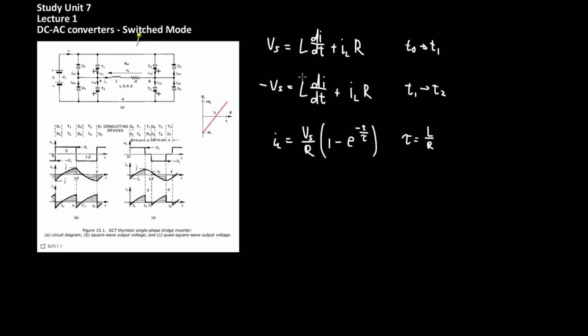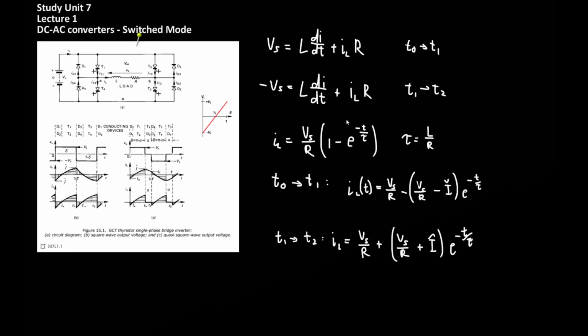Assuming an initial current of 0, this differential equation can be solved for I, and this gives a load current given by Vs over R multiplied by 1 minus e to the minus t over tau, where tau is the time constant of the inductive and resistive load and is equal to L over R. So expanding on this idea,